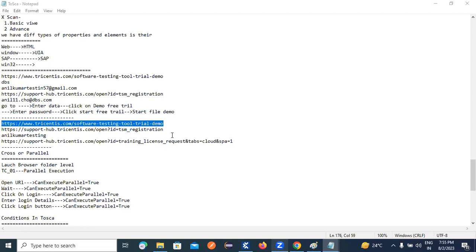And after that, we need to provide a password also. I will repeat again. In download time, we need to provide any business email ID and password also. And once we click on the start free demo,